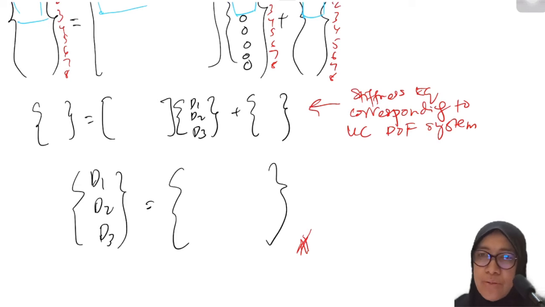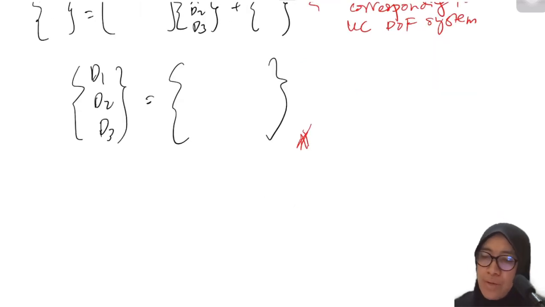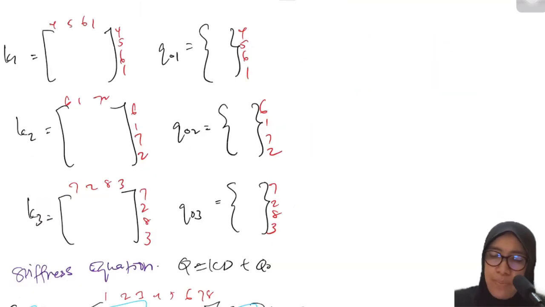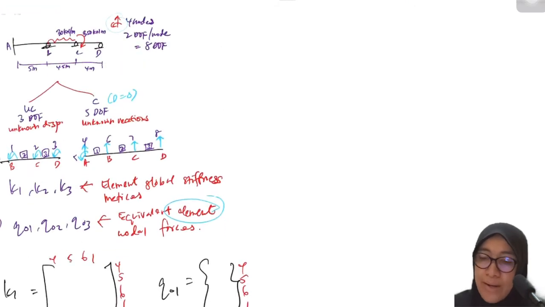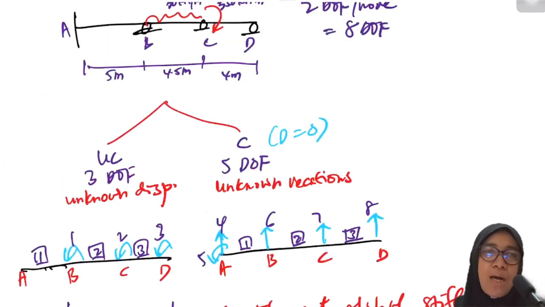So now I want to continue. Okay, how to consider the support settlement into the beam analysis? So let's consider a settlement occur at support. Support settlement occur in Y direction. Support settlement is for the vertical reaction, the rotation,